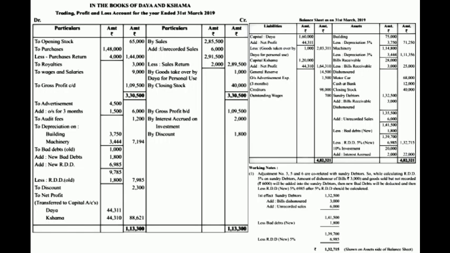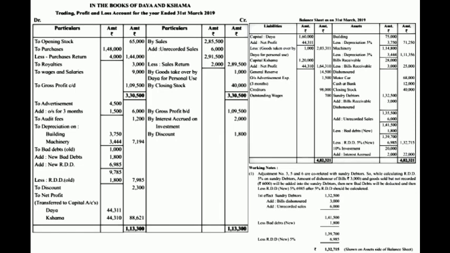So for the debtor, if we are providing that new bad debt and new RDD, this is a provision, this is an additional expense. So additional expense always appears after all the goods adjustment. So first we are going to pass the sixth adjustment. The sixth adjustment is unrecorded sales. In accounting terms, we say that it is unrecorded sales. That means we had sold the goods to the debtor, but we forgot to write in our books of account. So as we had not written this entry, we have to add this entry.